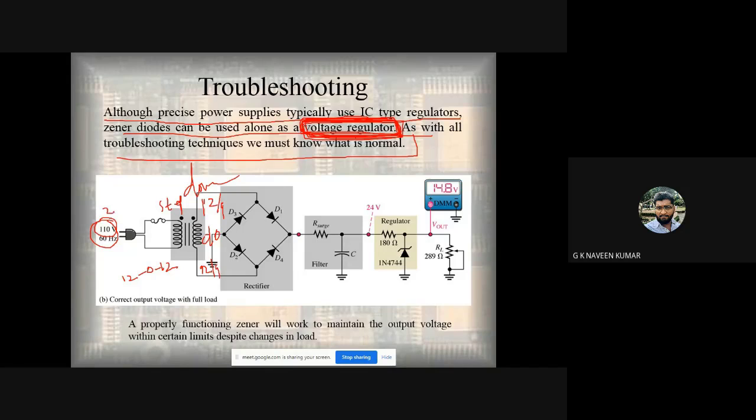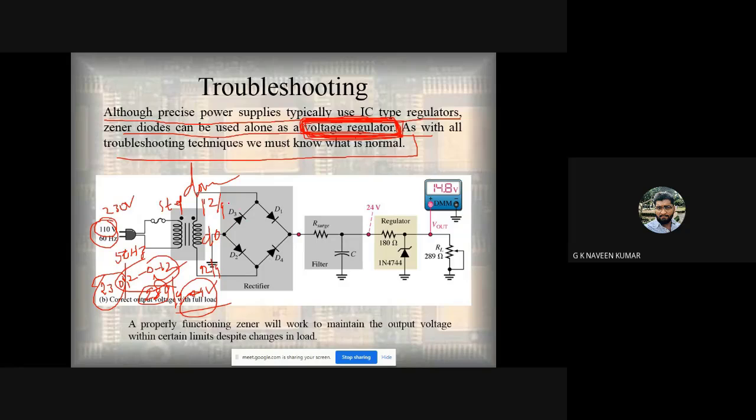Here in India, the input AC voltage is 230 volt 50 hertz, right? This will be reduced, and in the market you will get a 230 by 12-0-12 transformer or a 230 by 9-0-9 transformer. These are the two different types of transformers that are available. The voltage is stepping down to 9 volts, and here it is 12 volts.